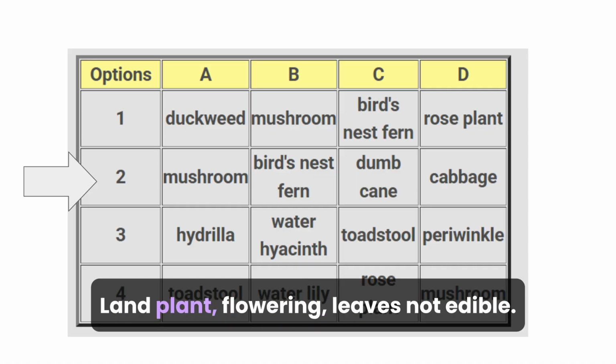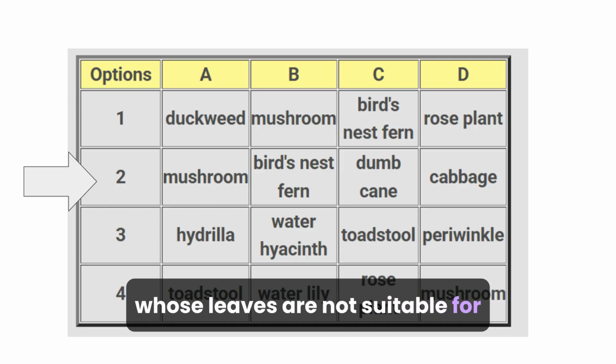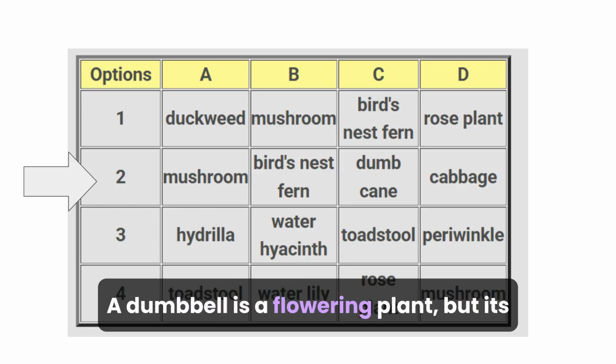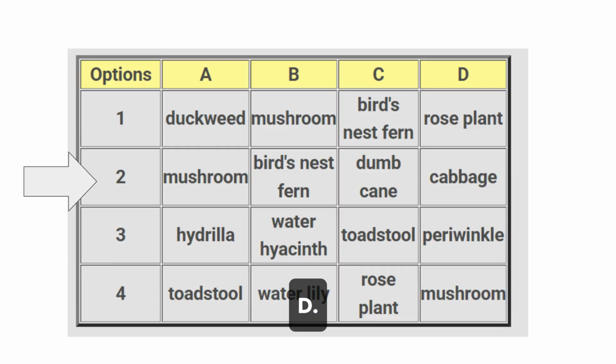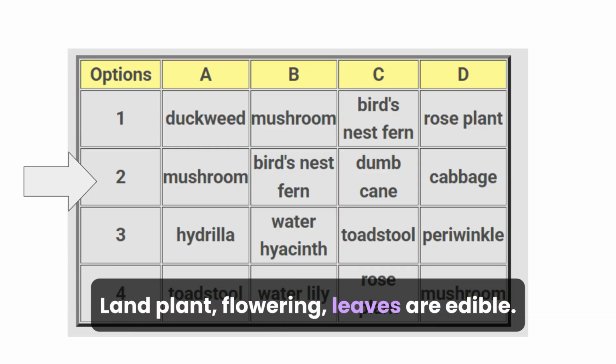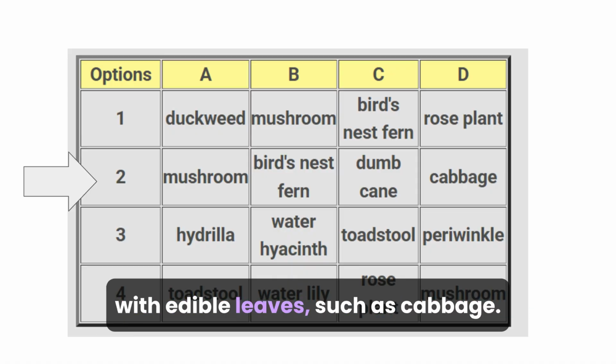C. Land plant, flowering, leaves not edible. This path covers flowering land plants whose leaves are not suitable for consumption. A dumb cane is a flowering plant, but its leaves are toxic and not edible. D. Land plant, flowering, leaves are edible. This path reaches flowering land plants with edible leaves, such as